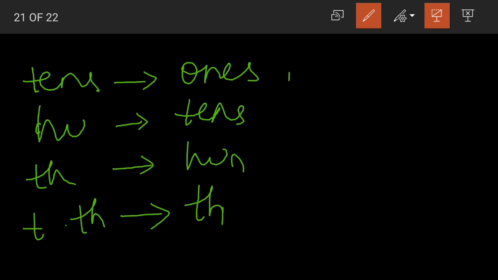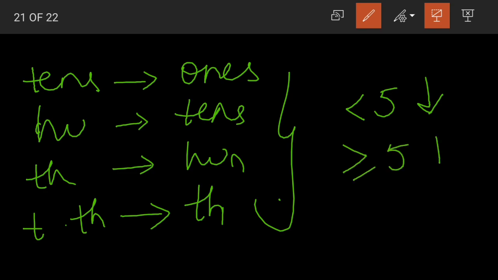Now what is the criteria here? If the number in these digits is less than 5, then we round down. And if the number in these digits is greater than or equal to 5, then we round